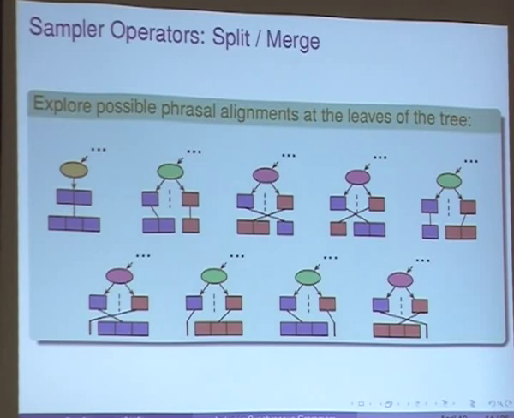The first operator splits and merges nodes in a tree. So if you imagine we have this node to start with, then we look at all possible ways of reconfiguring that node. So we could keep the current setup, which is a 2 to 3 phrasal translation. We could split it up in this way into two new nodes, or here I indicate a reordering with these, so we could reorder them, or have them monotone, and there's all sorts of different splits. These bars here mean null, so it's an empty. So we could choose that this side is an empty translation, and this side translates as a 3-word phrase. So for any node like this, we consider all these options, and we sample one. We call that the split operator.